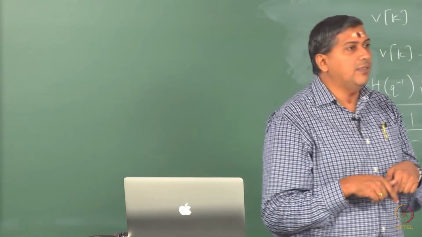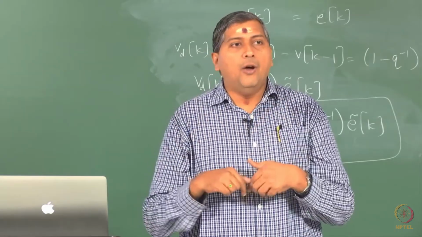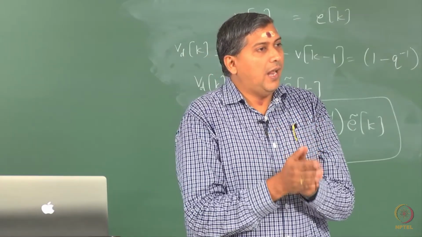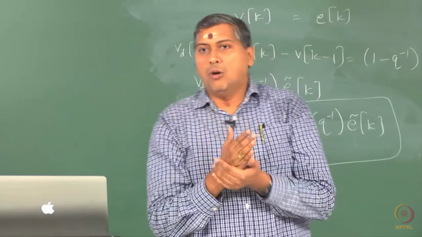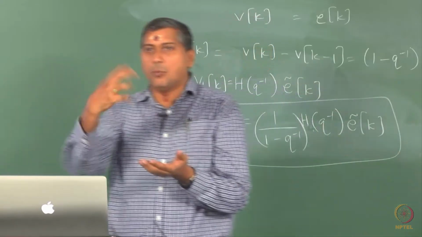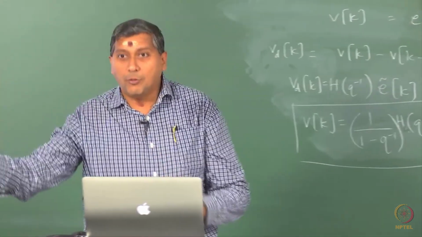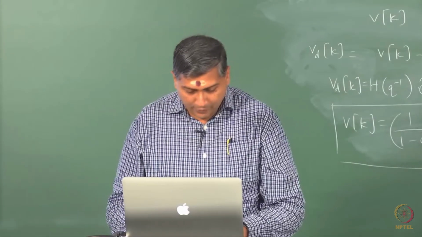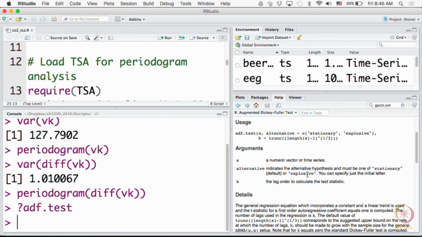So, the integrating process is neither stationary nor is it explosive, and now you want to test this null hypothesis that it is integrating against one of the two alternatives. The two alternatives that we have are that it is stationary, that means the pole is well within the unit circle, and the other alternative is that the pole is outside the unit circle. That is how you can look at it. So, the default is stationary, it says that. So, let us ask the test what it has to say for Vk. What do you expect?